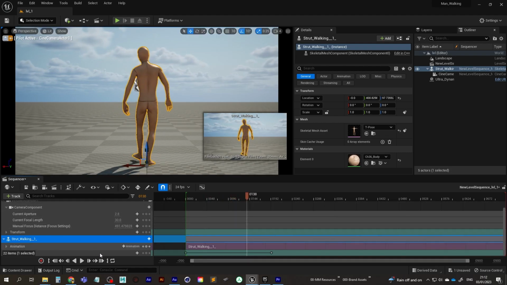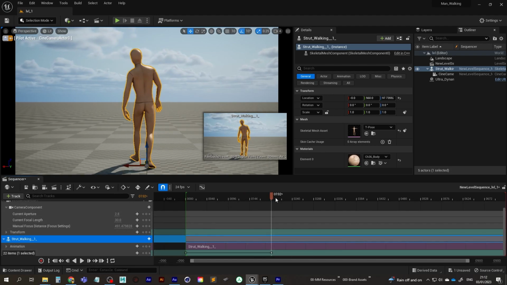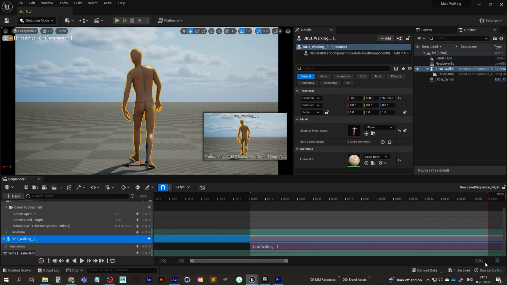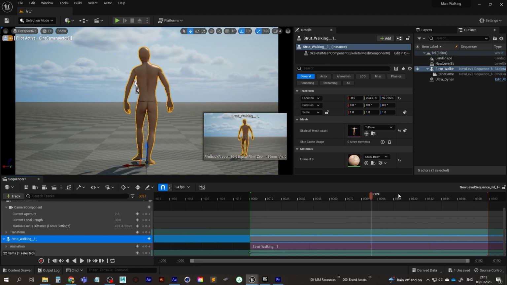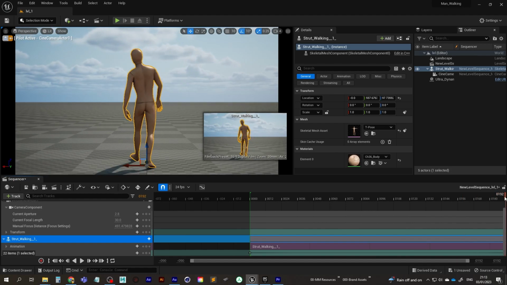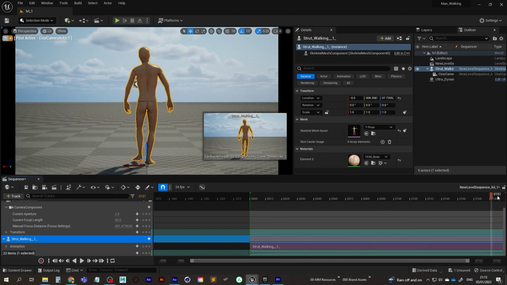So we're going to click on our strut walking man actor and jump to the next keyframe. So now we have frame 0192. That's going to be the last one we're working with. So what we can do is we can set this to 0192, hit tab and do the same, 0192, hit enter on that. Then just click and drag that along. So now we have our red line right there.